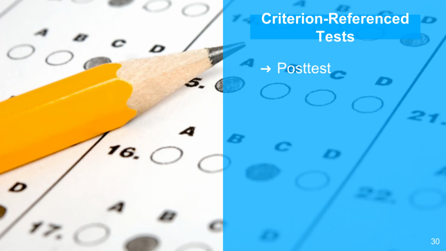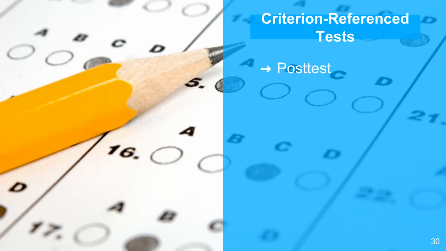Test items are written prior to instruction because we will use these requirements to determine what needs to be taught. For example, if our test item is to identify the phases of the Air Force ISD model, determining this test item ahead of time gives us a pretty good idea of what needs to be covered in the lessons